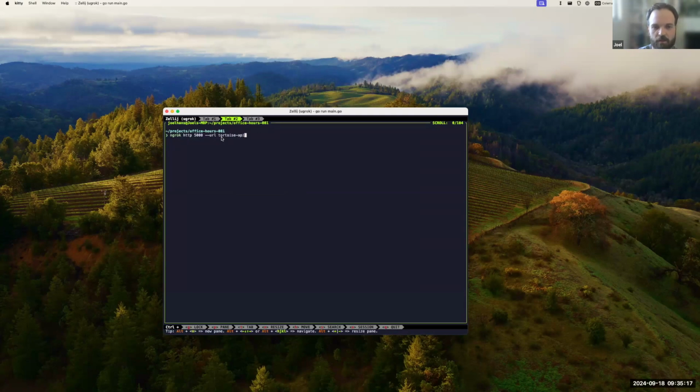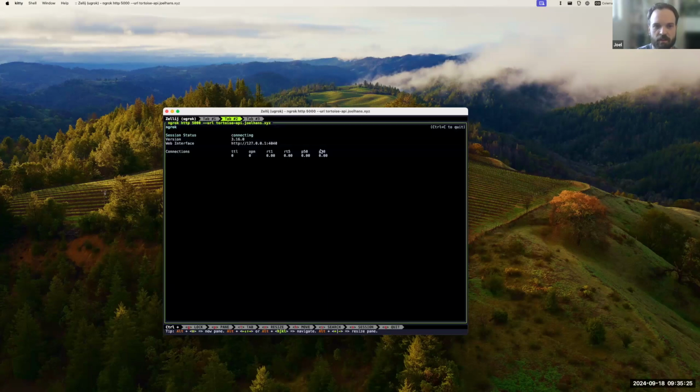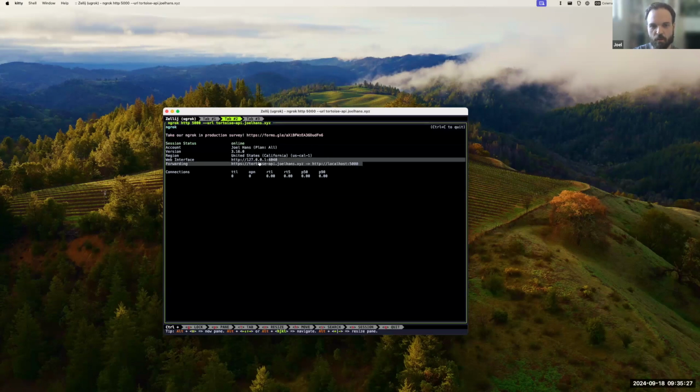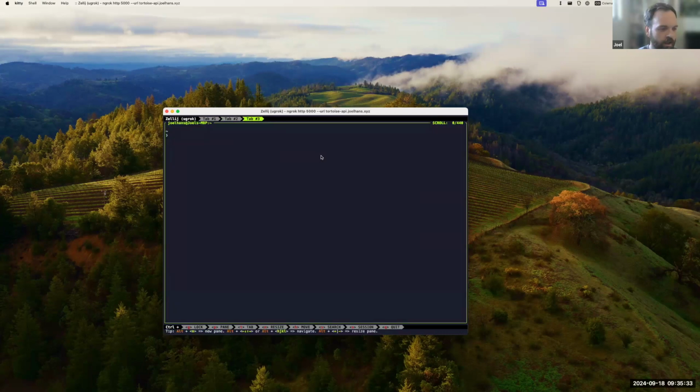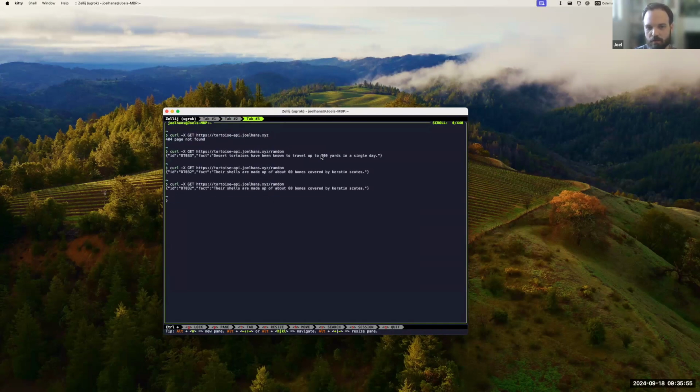And I'm going to just go ahead and connect that to a domain that I've reserved and connected my domain to ngrok for this purpose. And you can see here that ngrok is forwarding my local service to this URL that I created. And I can use a curl command, should have picked a shorter URL to use here. And I'm going to go ahead and ping the random route, which just gives you wonderful random